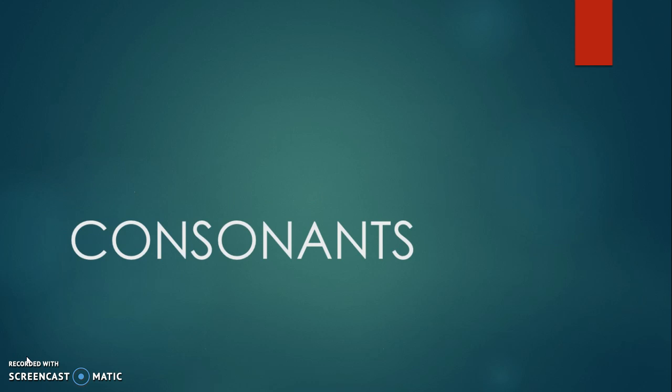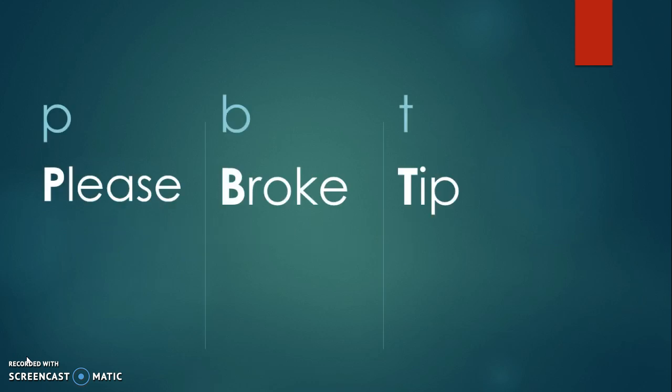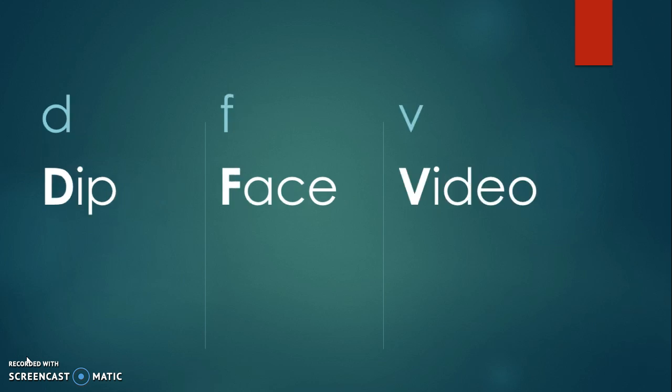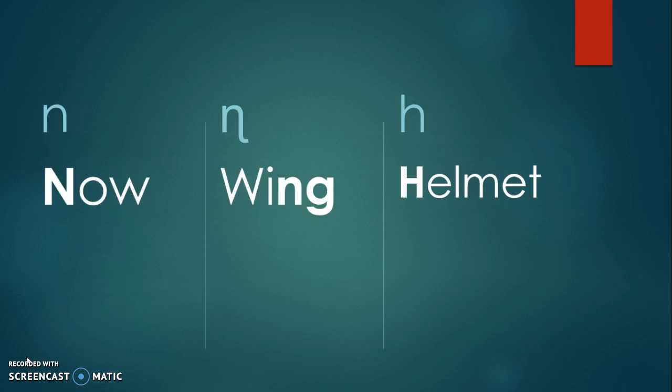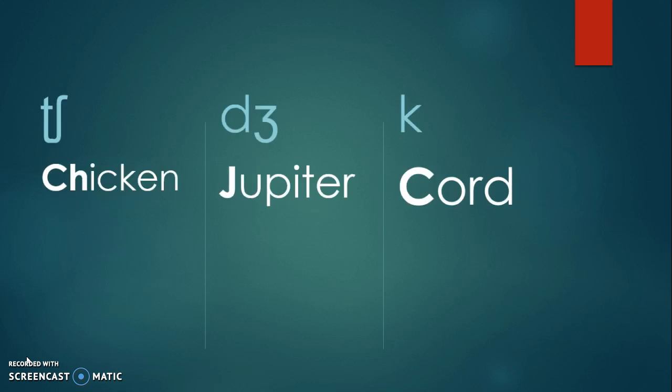Then we have the consonants. We have the P for please, the B for broke, T for tip, D for dip, F for face, V for video, the th for think, the th for this, the M for more, N for now, the ing for wing, H for helmet,